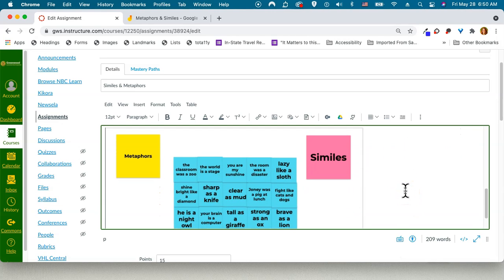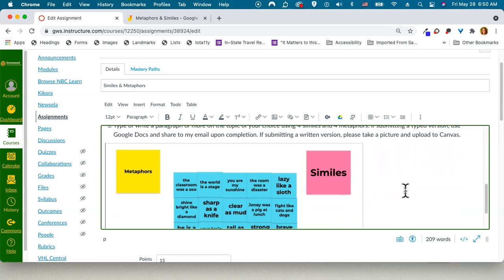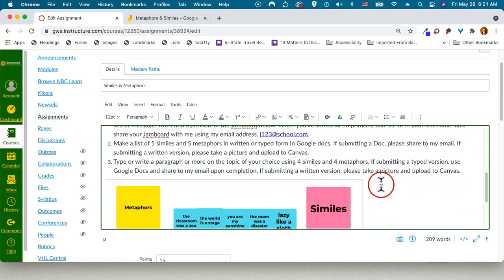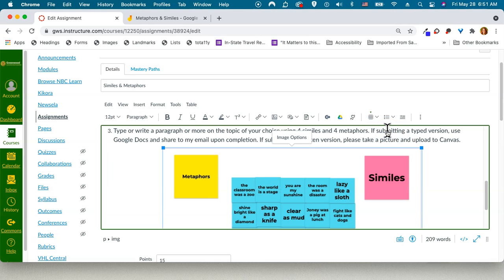I'm now presented with that image right in the bottom of my assignment where I had clicked into the text. If you would like to edit the location of your image, you can click on it, and in the toolbar toward the right-hand side, there is an Align button. If I drop that down, I have options to left align, center align, or right align, and I'm going to choose the center align for my visual preference.